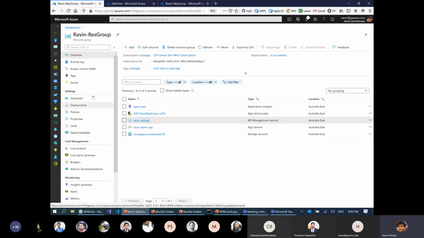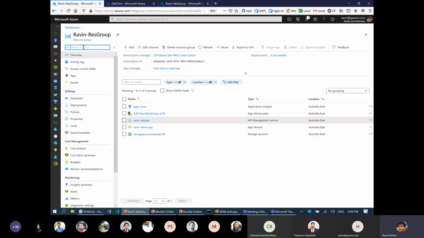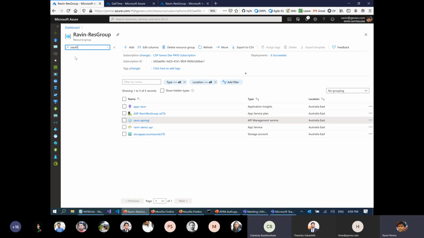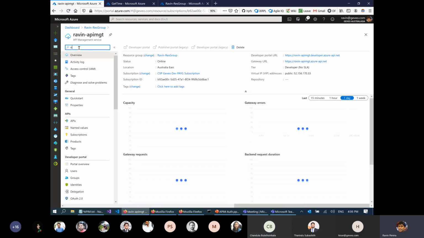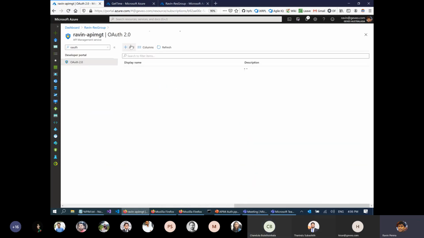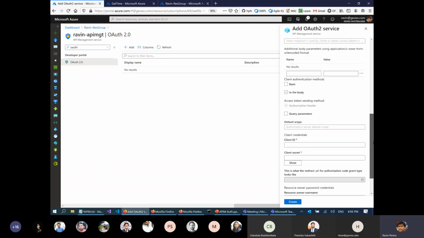You could even directly integrate an OAuth endpoint via the UI with this approach. Ravin, I think you exited from the API management UI. Sorry, in the resource. Yes, I think you are correct. So if I go add here, you can even add your custom authorization provider also.